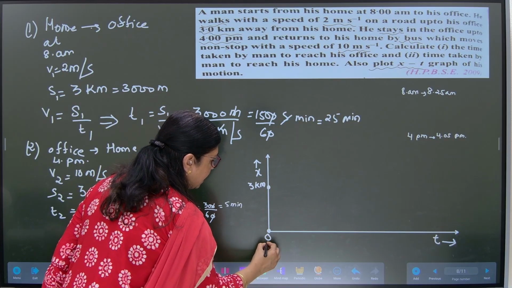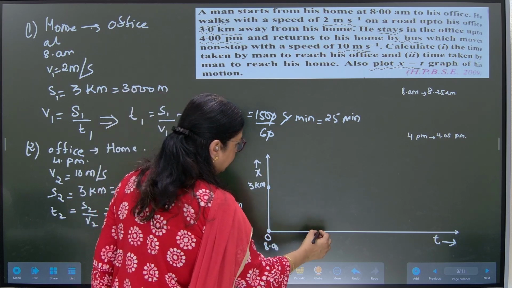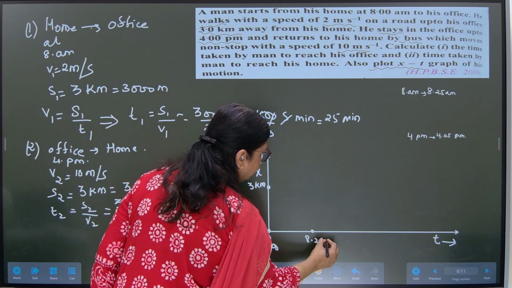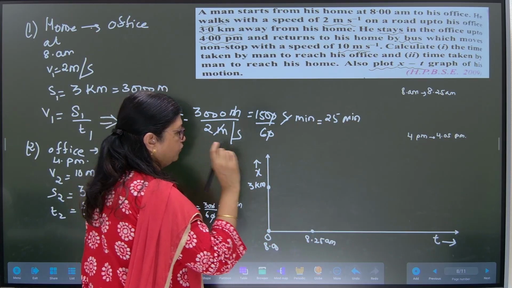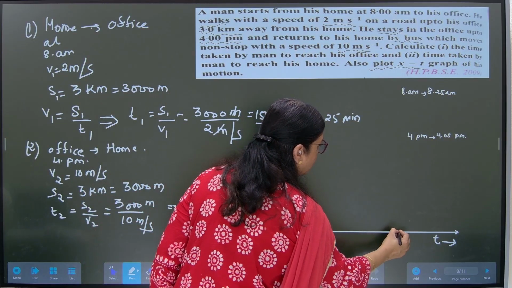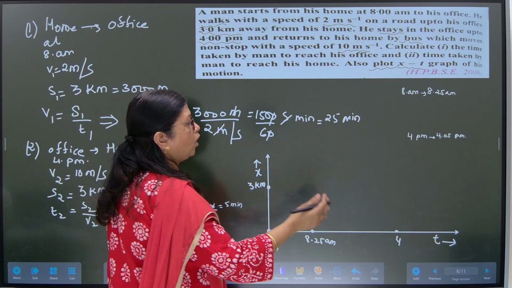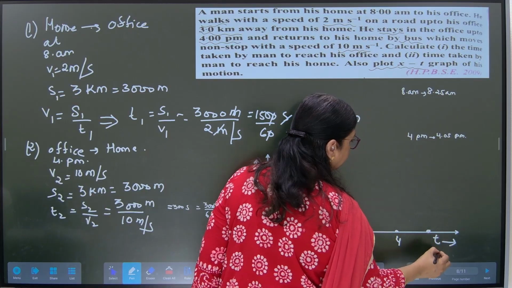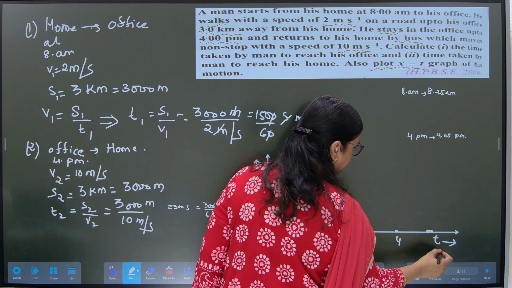So origin is 8 o'clock, 8 a.m. And let us also point 8:25 a.m. because that is the time he reached the office. Then again 4 o'clock is the time he started from the office, and again he reached the house by